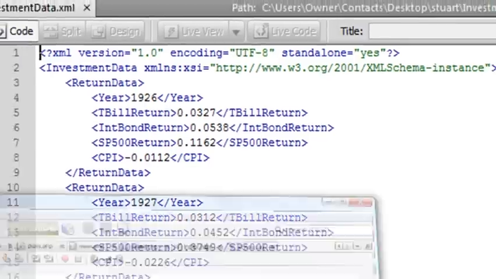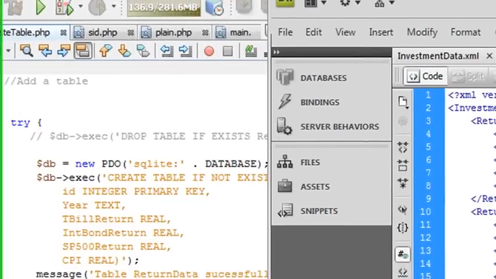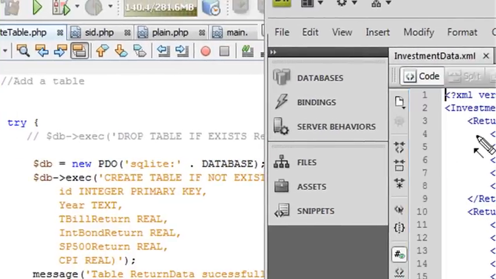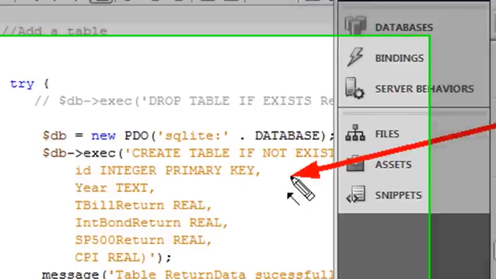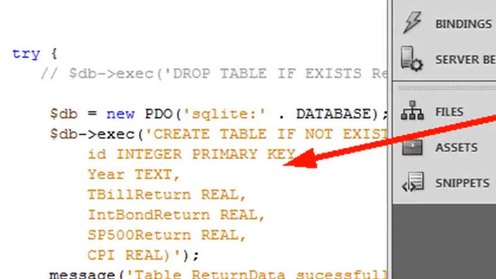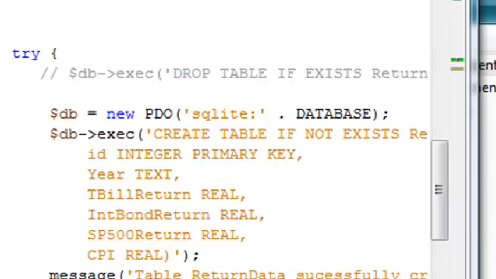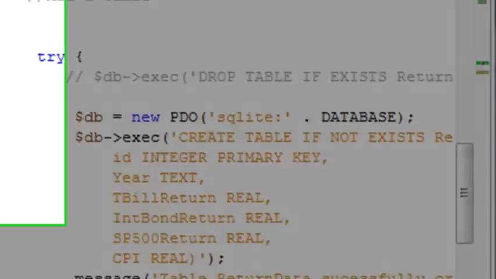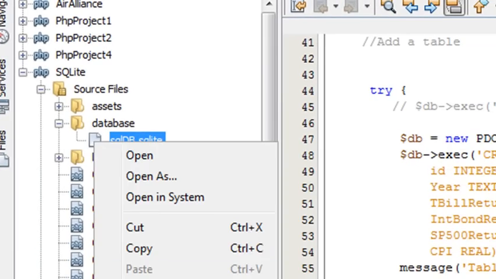So I'm bringing NetBeans back up, and indeed you can see that everything does match. And I have added the integer key, which does not have to be in my XML table. But you got year, and then T-bill return, and so forth. Everything matches up, and if it doesn't, it won't parse, it won't work. So now that I have that, I want to create this table. But first, I got to make sure the table doesn't exist, and I have created the table previously, so I need to delete that. So let's delete this,